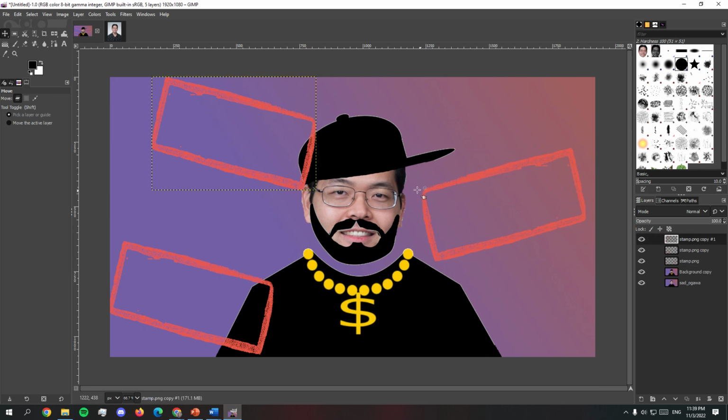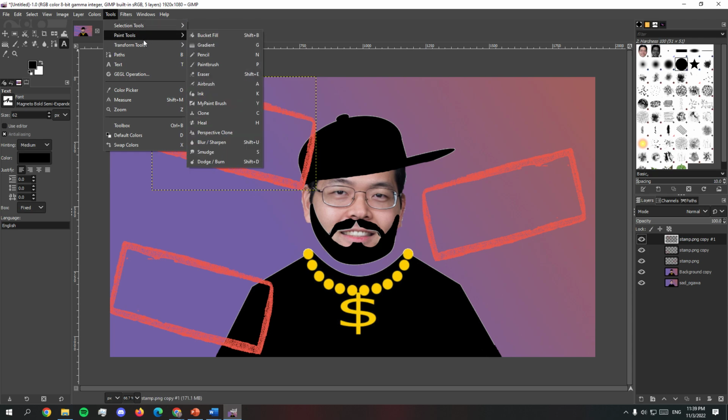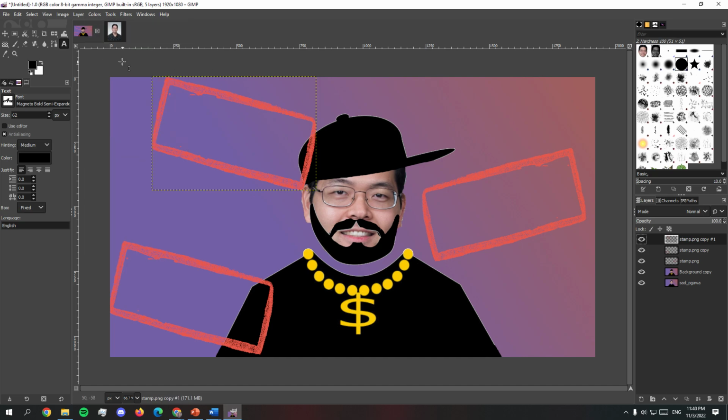Okay, after you've done that, we're going to put text in each of the boxes. First we are going to go to Tools, Paint Tools, and is it Paint Tools? I don't remember. Transform Tools? Wait, no. Oh, it's just Tools and Text. Sorry about that. You can do that, or you could go to your shortcuts. I'm just going to do shortcuts, and then I'm going to make the text box, and we are going to type in the first text box,